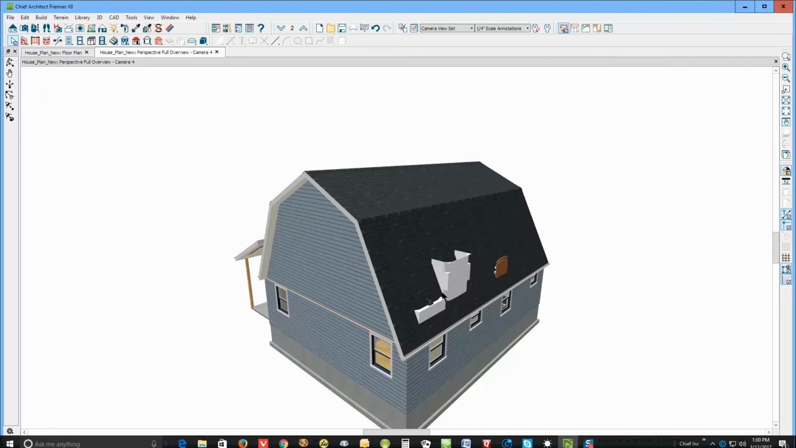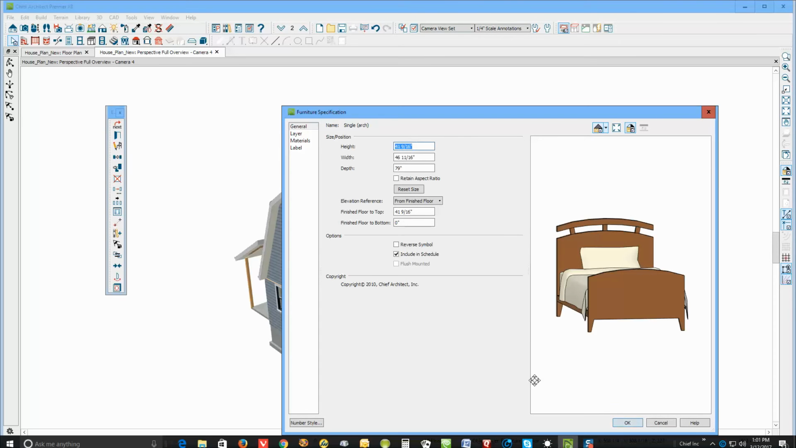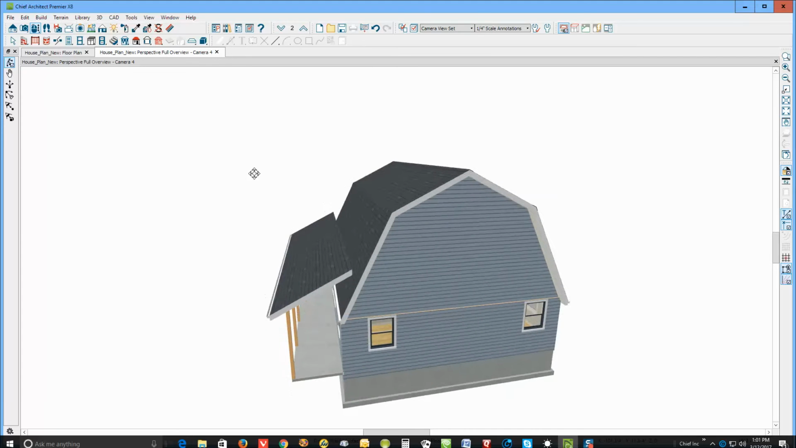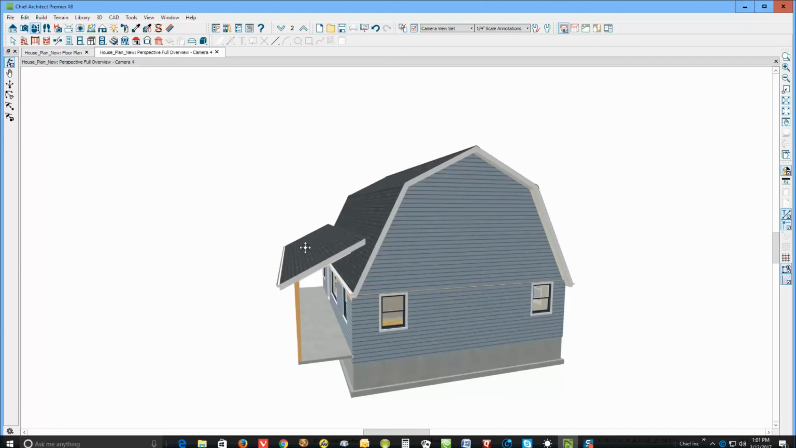Now we got a shower and a tub and part of a bed sticking through the roof because that was just bad planning. On this kind of roof, you can't shove things against the wall because there's no headroom for that. So you're going to have to redesign the second floor to take that into consideration. Now, in terms of this porch roof here,